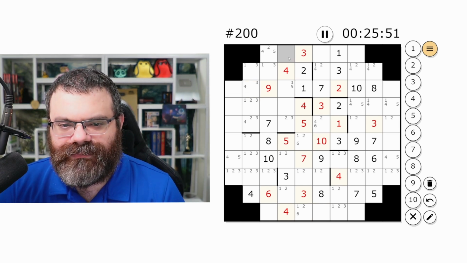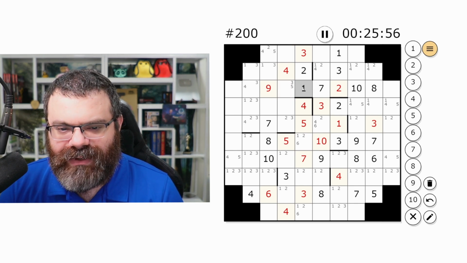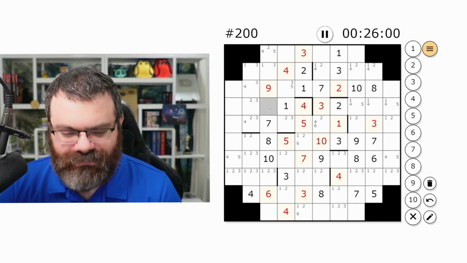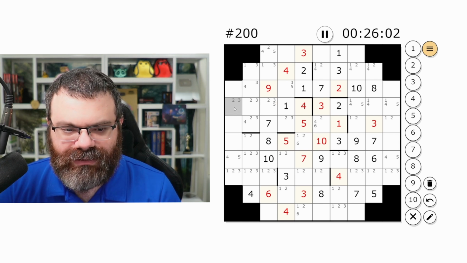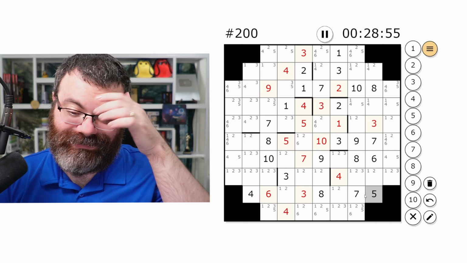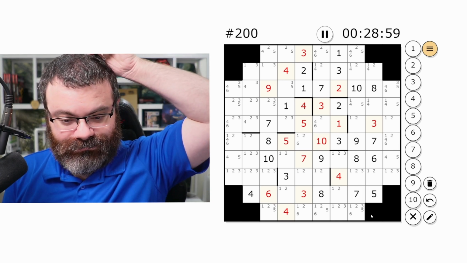1 in this column. This segment here needs a 1. This can't be 1. Occupied, this can't be 1. This can't be 1. So the 1 is placed there. That's not a 1. So we're left with 2, 3, 5, which I am willing to mark up. So everything is marked now, and as I predicted, I don't think it helped too much, but I gotta scan